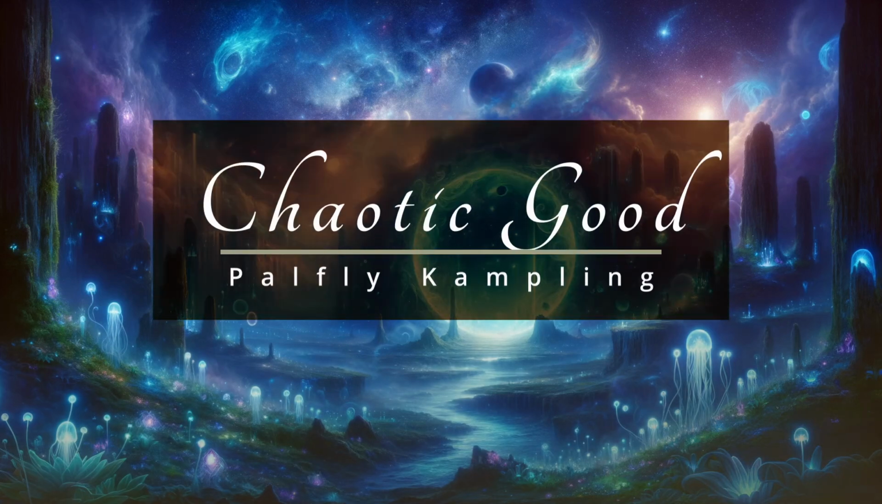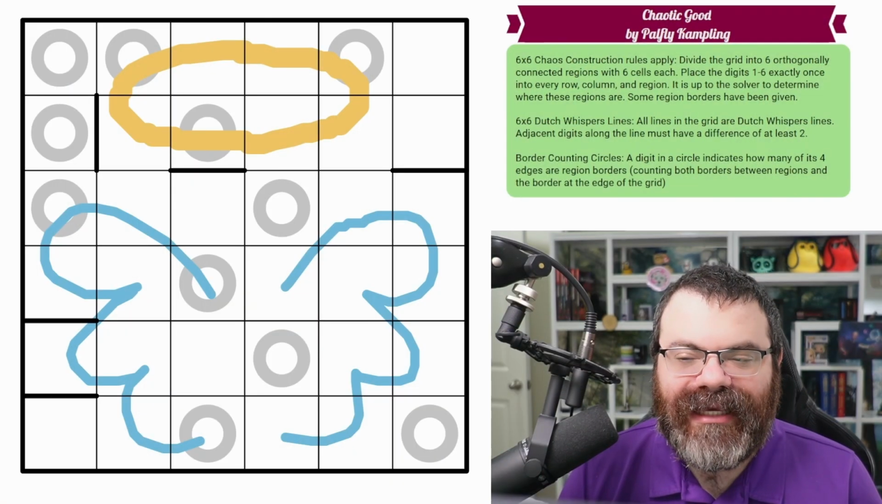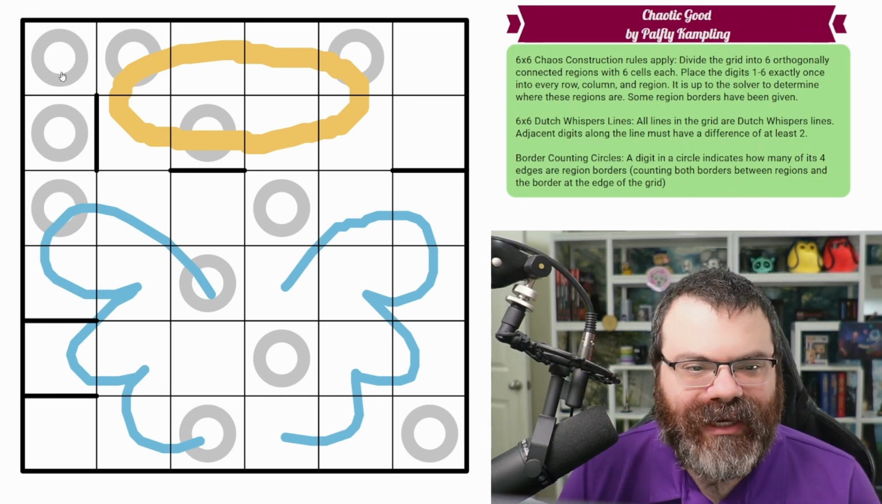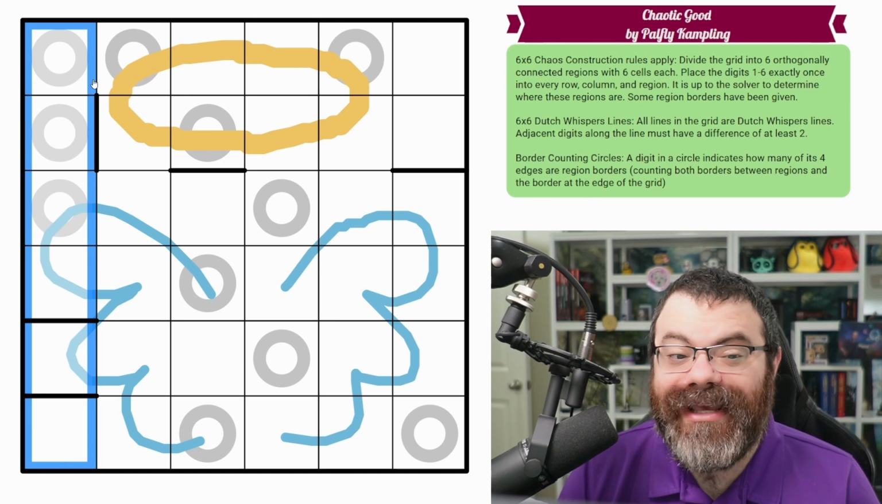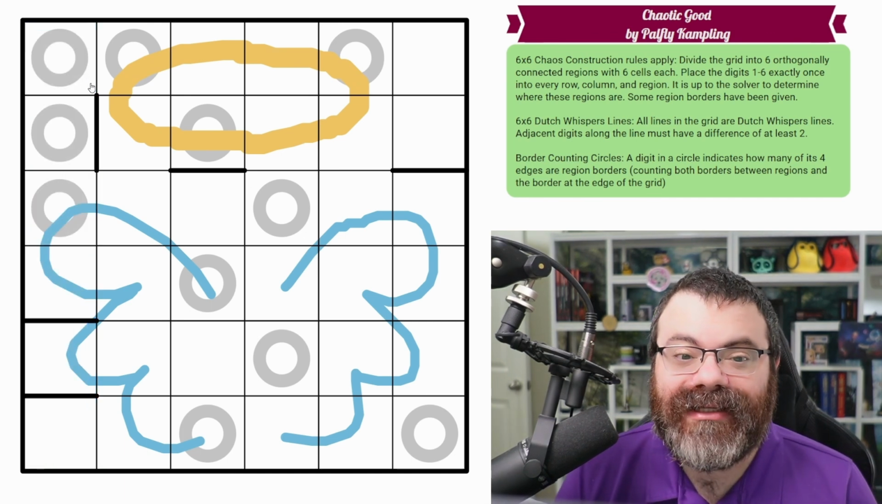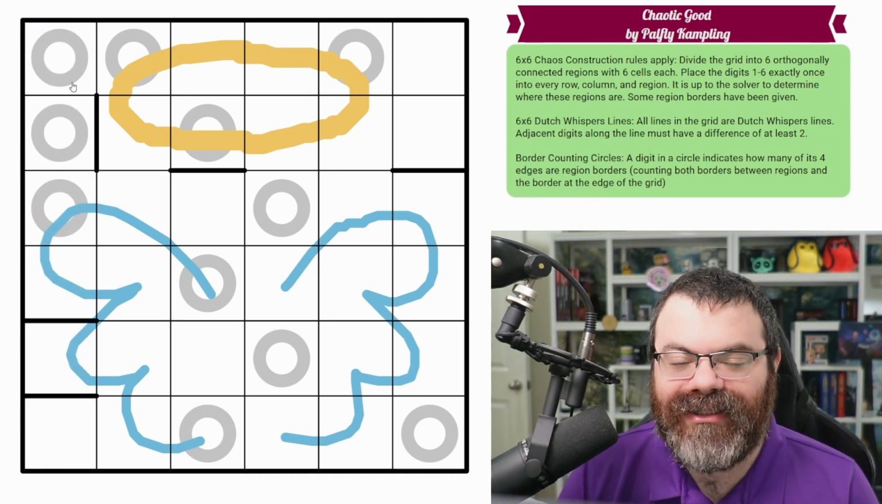Hello, let's continue our Sudoku adventure with Chaotic Good by Palfly Kampling. So this is a chaos construction puzzle, 6x6 chaos construction, meaning in every row, every column, and every region, we are placing the digits 1 to 6 exactly once each, but it is up to us to discover where the